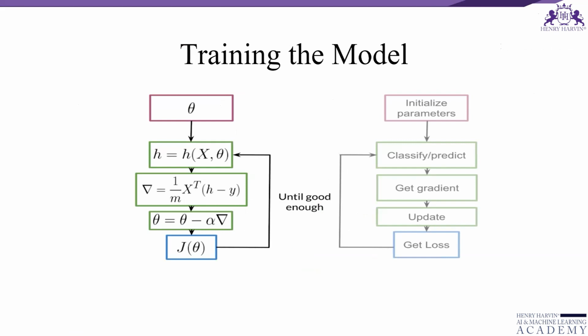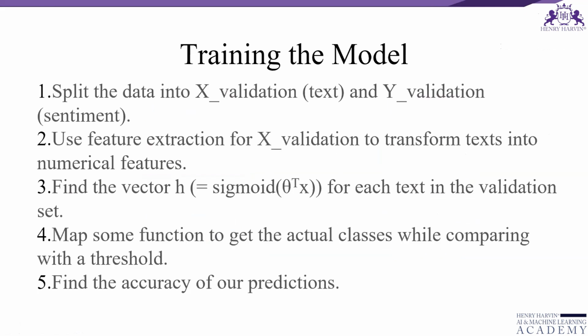So now here you can see how the model is being trained, right? We initialize the parameters, and we will initialize our parameter theta that we can use in our sigmoid, in case we are using logistic regression. We then compute the gradient that we will use to update this theta and then calculate the cost. We keep repeating the steps until the cost minimizes or converges, right? So this is how the model is being trained.